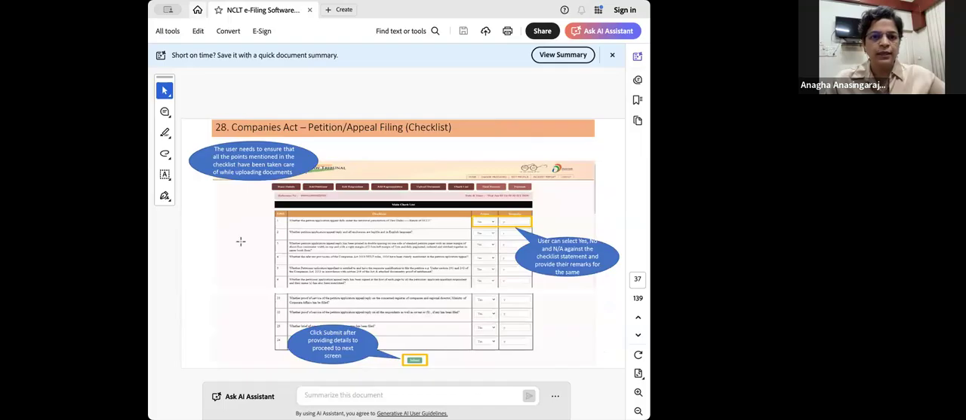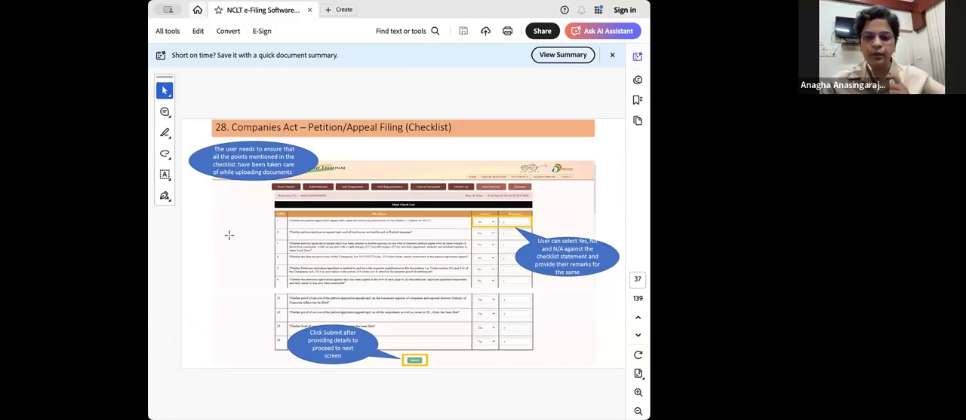Okay, then there is a checklist. The user needs to ensure that all the points mentioned in the checklist have been taken care of. This is more or less procedural, as in whether you have served on the respondent, whether the requirements of the NCLT guidelines have been followed, and so on. So we just have to say yes, yes, yes. If there is a no, then we need to give the remarks why that particular item in the checklist could not be adhered to, and then we can proceed for submitting on the next